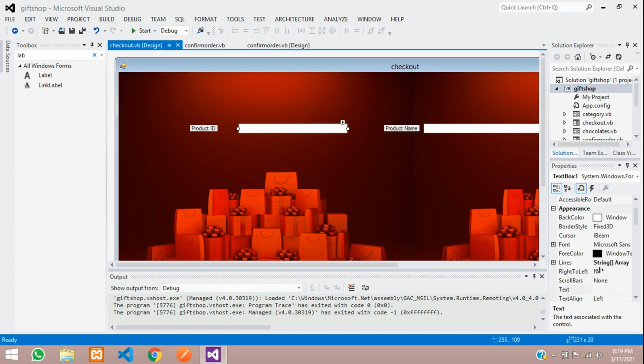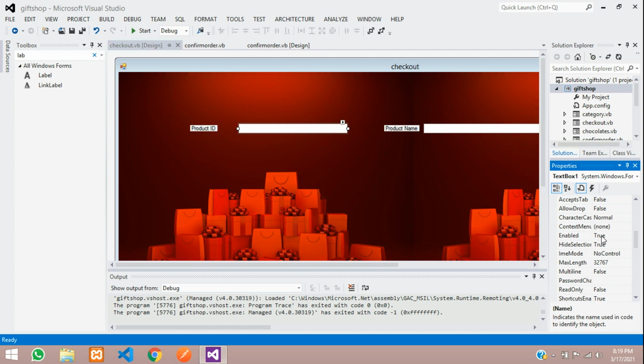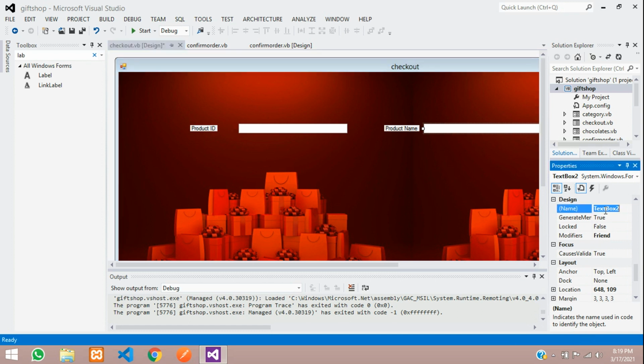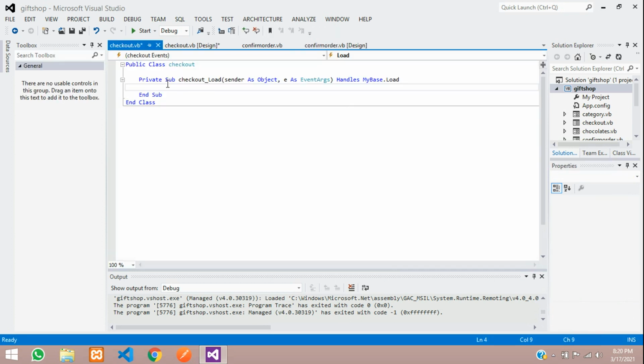For these text boxes you have to give the name, don't edit the text. If you add any text over here, it will just display in the text box. So we are not going to add any text, we are just going to name this text box. This is the PID, and this is the P underscore name.